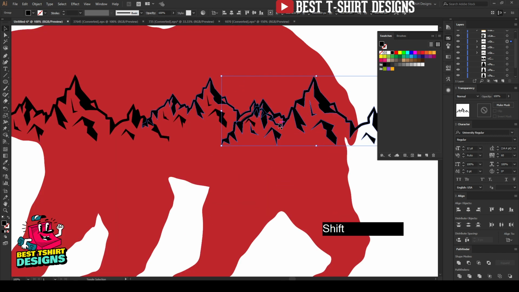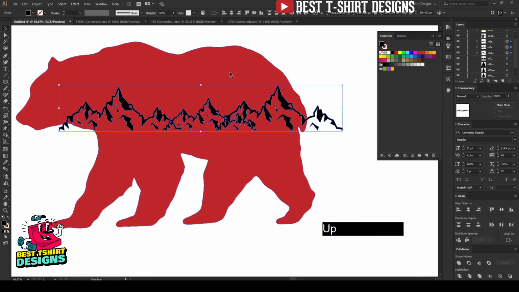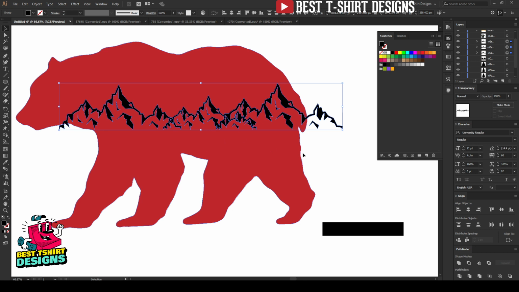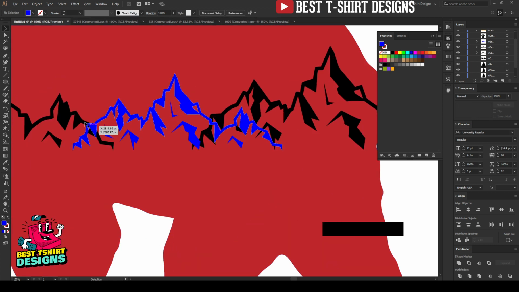Now as you can see I can select them, and then I'm going to align them in the bottom position like this. So this layer I want to keep on top, so let's Control X to cut it. I'm selecting these two, then press Control F. So now that one is on top of these two layers.